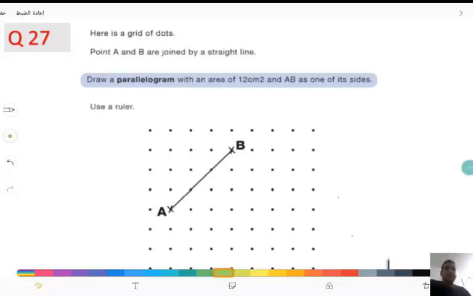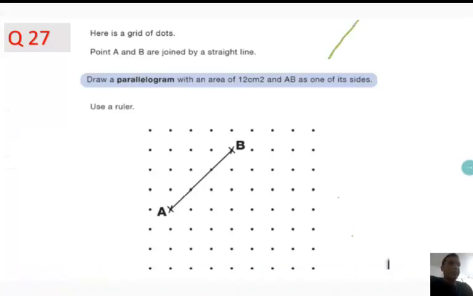Here is a grid of dots. Points A and B are joined by a straight line. Draw a parallelogram with an area of 12 centimeters squared and AB as one of its sides. Use a ruler. Okay. So as we know, when we talk about parallelogram area, we should imagine that any parallelogram we